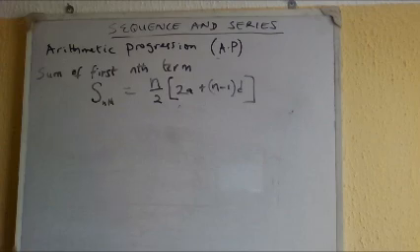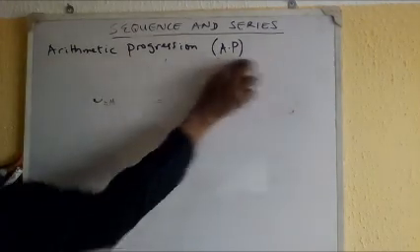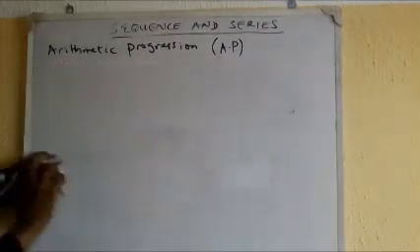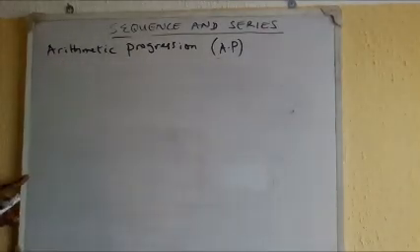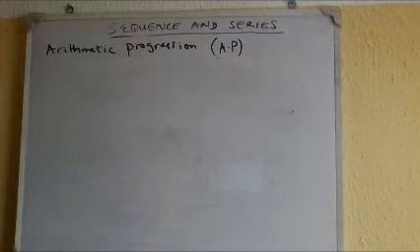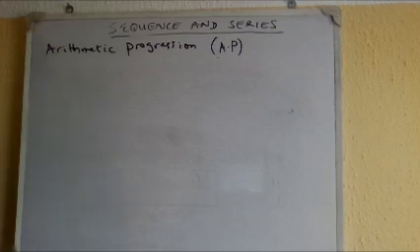We are still dealing with arithmetic progression. We said that the feature of arithmetic progression is that there's a common difference, a constant number that adds to the terms to increase each to the next term. So if they say find the sum